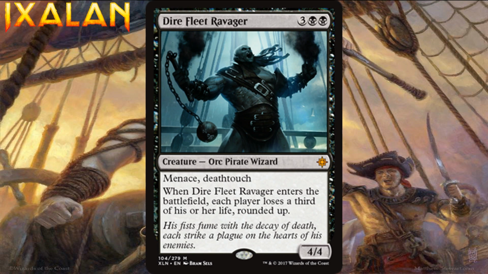Next, we have Dire Fleetravager, which for 3 generic and 2 black is a 4/4 Orc Pirate Wizard at Mythic Rare. It has Menace, it has Deathtouch, and it says when Dire Fleetravager enters the battlefield, each player loses a third of his or her life rounded up. A 5 mana 4/4 with Menace and Deathtouch is something I'm on board with all day long, and I